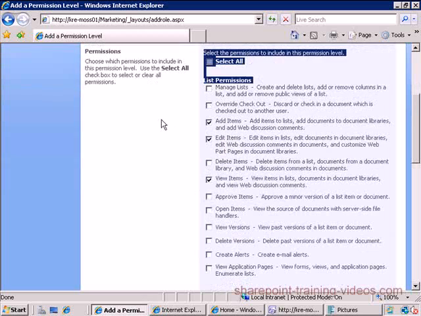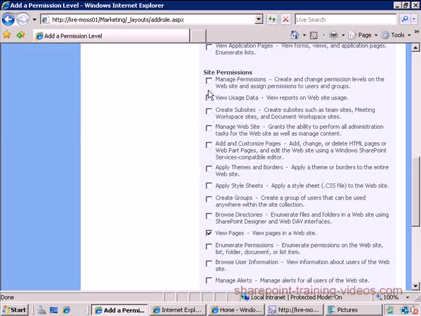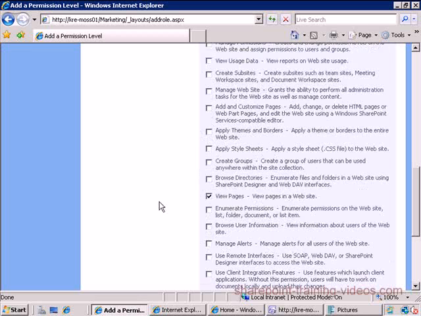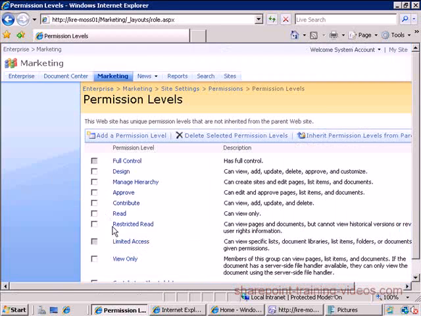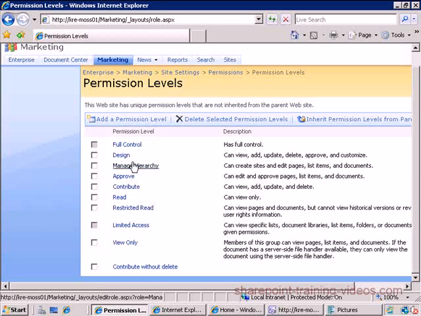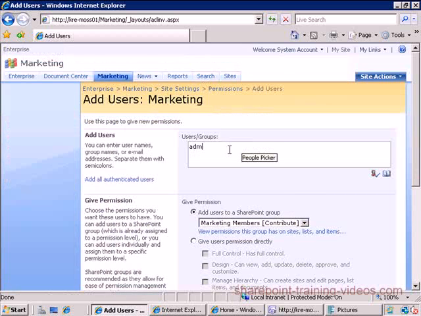Those ones are at the list level. Those ones are at the site permission level. And you can pick and choose what you want the user to be able to do. And once we're done, we can say create. And then now I have my own permission level called contribute without delete. And then I can go back to my sites here. I can add the administrator user,